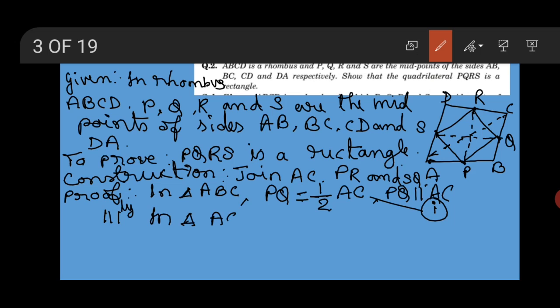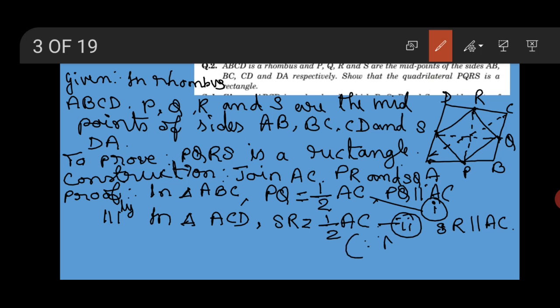Similarly, in triangle ACD, SR is equal to half of AC, and also SR is parallel to AC. Take this as equation number 2. Reason is the midpoint theorem. By the application of the midpoint theorem,